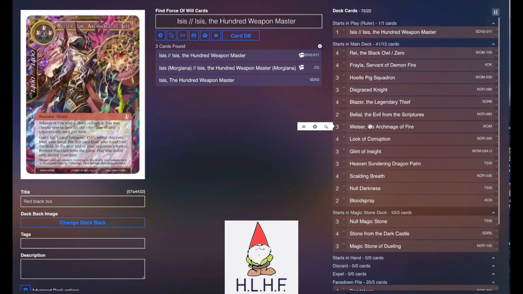Welsser, the Archmage of Fire, you only play 2 of him, I apologize. This is great, you can use it to double cast Look of Corruption, double cast Gifts of Insight, double cast Heaven Sundering Dragon Palm, heck, you can even double cast a Sandstorm because it's a chant rune. You can get a lot of value out of him,